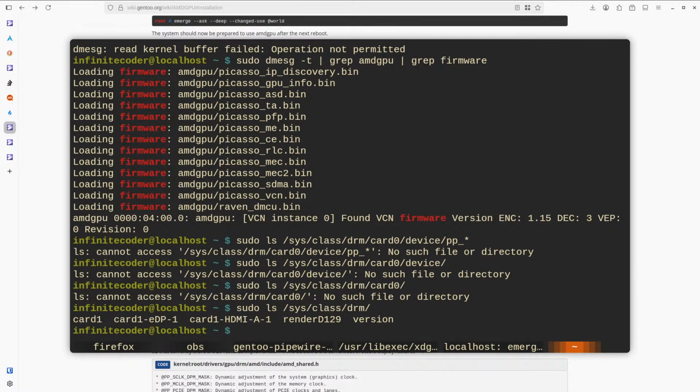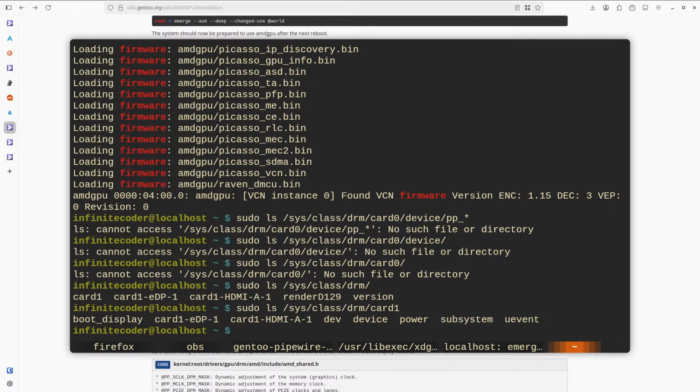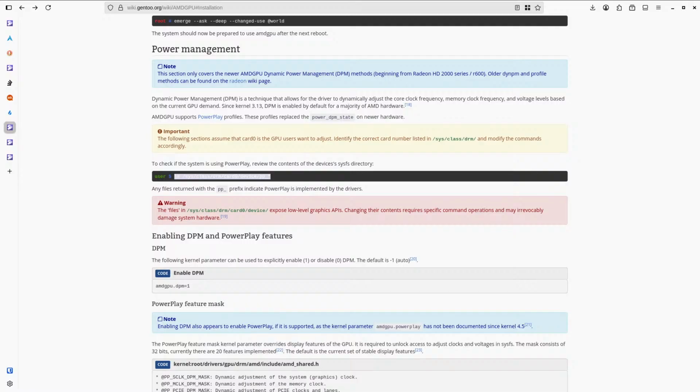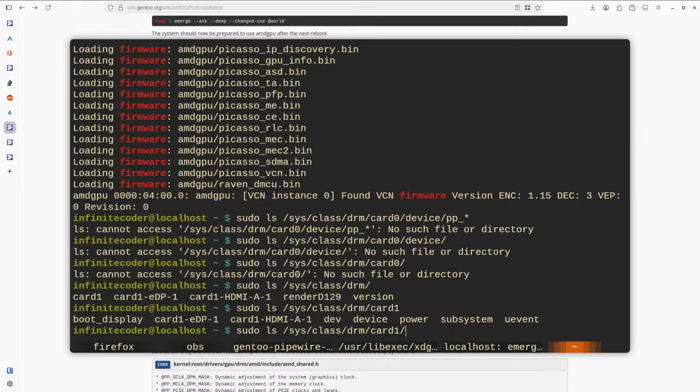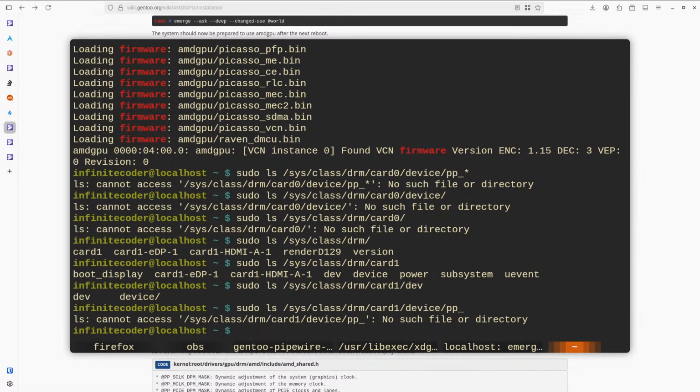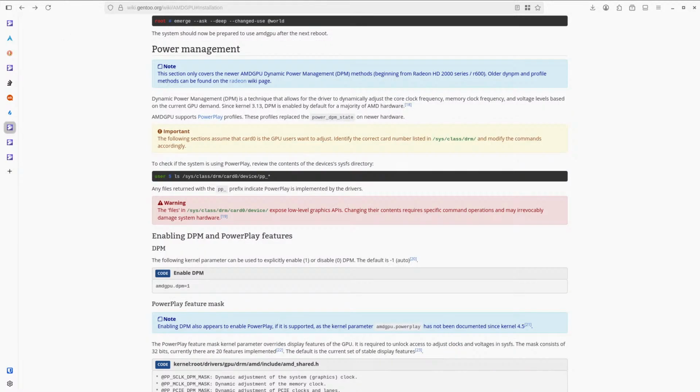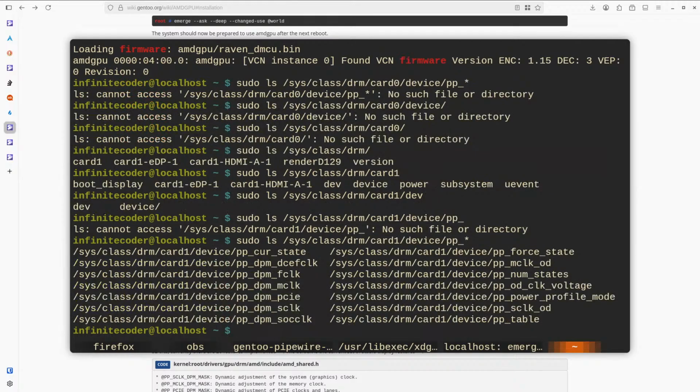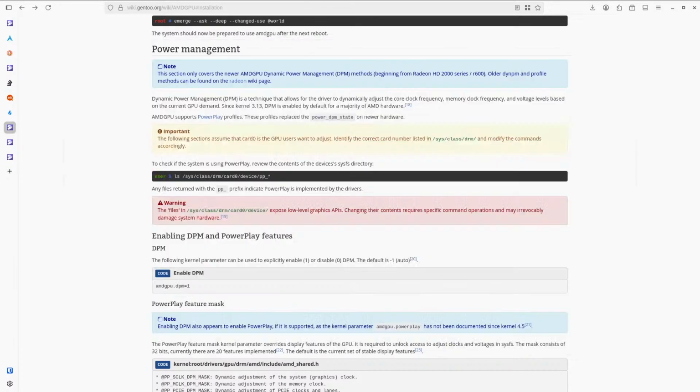Oh, we don't have DRM. We have, oh right, we have card1 because I disabled NVIDIA. Card device, or device? Wait, this. I mean, I'm not going to type that.